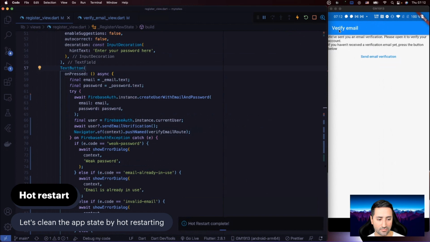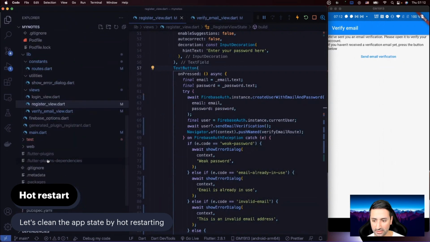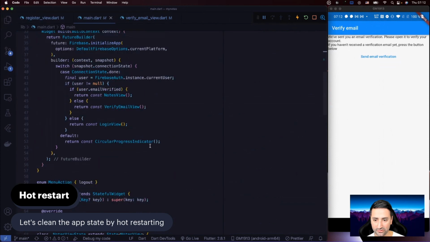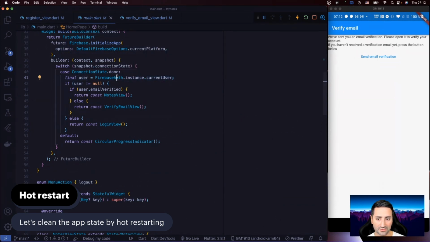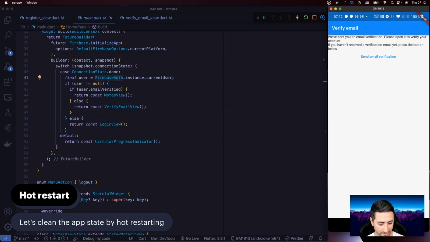I can see that there is no back button, and it kind of feels like we're ending up in that screen because in our main Dart file, let's go in main Dart. I believe that we're actually sending the user to verify email view in this case, user Firebase instance current. Okay. So this is a little bit of a problem because now we're kind of like stuck in this view,